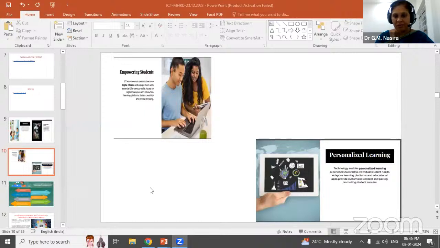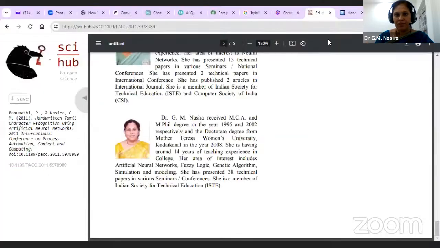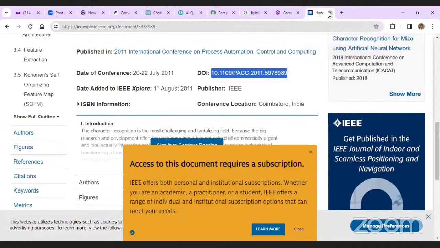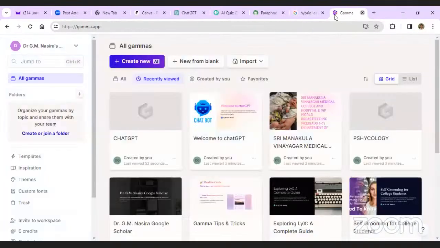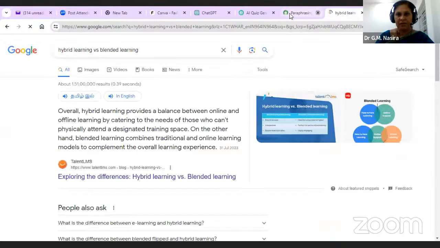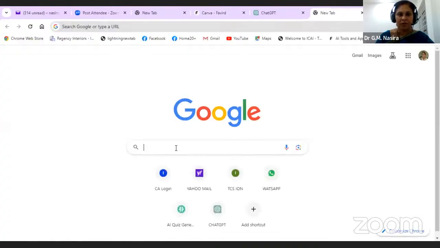Now let me come to one more new app, which is Jotform. Let me close this. Gamma is over. Paraphrasing is over. Quiz generator is over. ChatGPT we will keep. Now I'll go for Jotform.